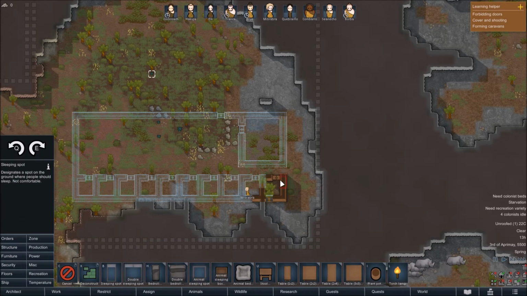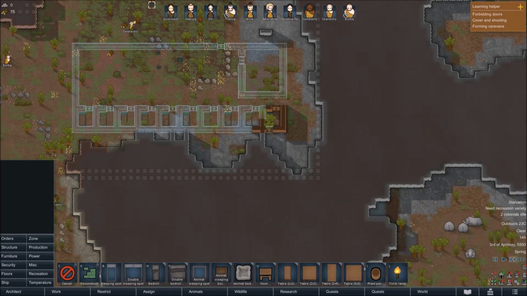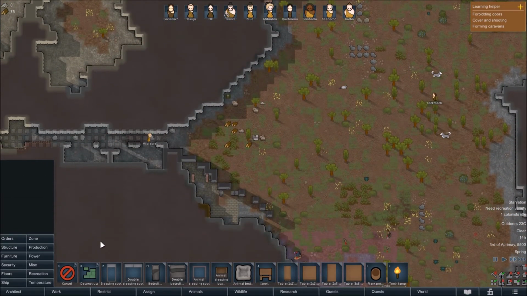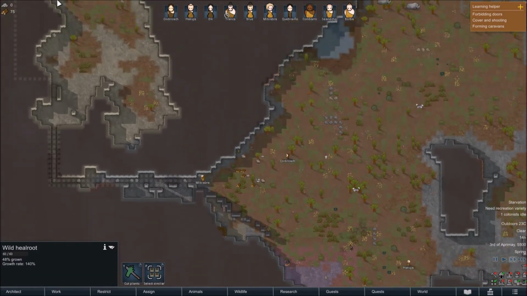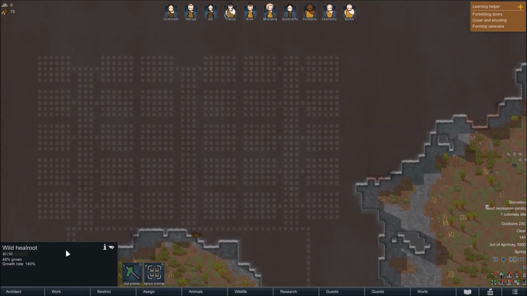Furniture-wise, we're going to want a sleeping spot in each of these rooms. So each of our 10 people have somewhere to sleep. And they're all hopefully going to be inside and in separate rooms as well, which would be good. Apart from that, we have one idle colonist. I'm not sure if they're a miner, but if they are a miner, we will start...